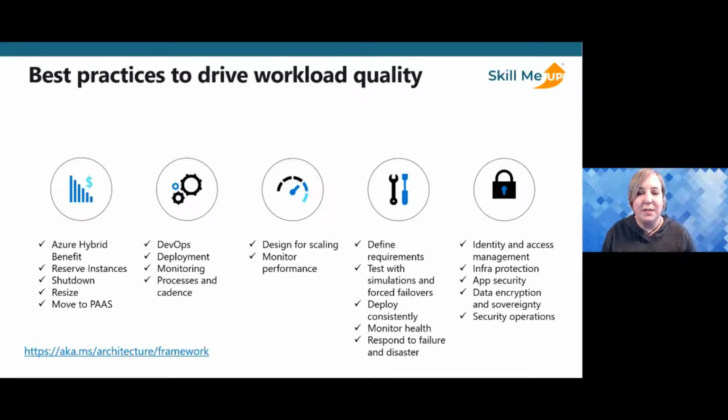You want to think about infrastructure protection. So you want to possibly think about availability zones, maybe stretching that environment with the Traffic Manager in front. Maybe Azure Front Door is a more suitable resource to pick. Then you want to think about app security, right? You want to maybe only give certain levels of access to different parts of the application. You don't want to have somebody have contributor rights to the entire environment. Doesn't make sense. And then you'll want to think about data encryption, data sovereignty, and the security operations of the mix here too. So these are all the best practices that help you drive the right workload quality.